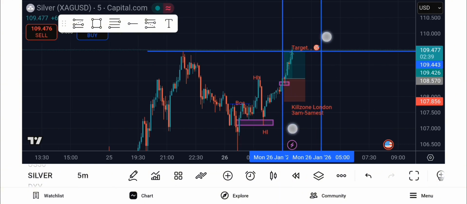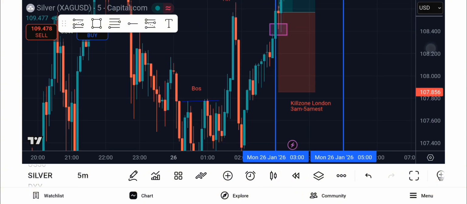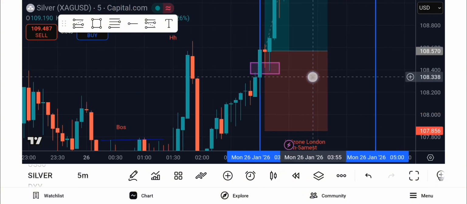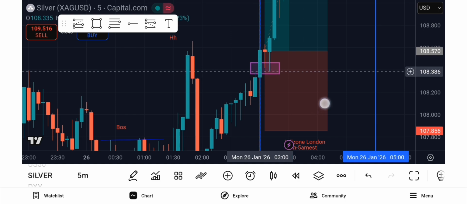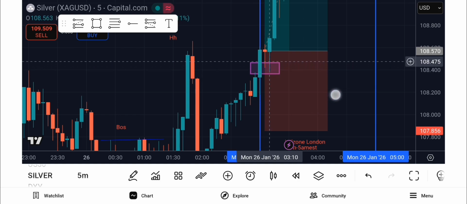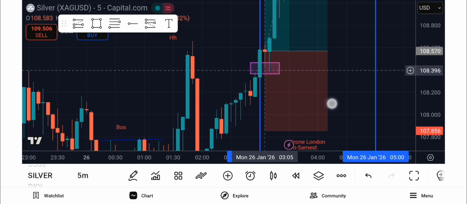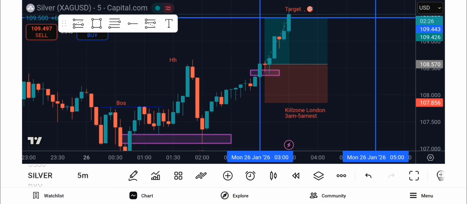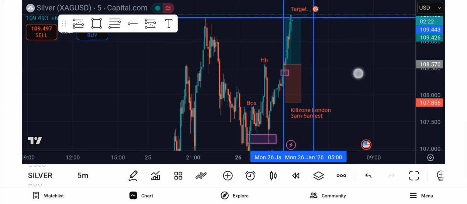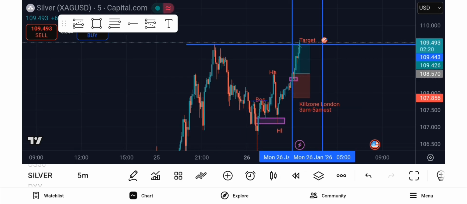Here's the fair value gap. This is the 5-minute fair value gap. 1, 2, 3. Price came down here around 3:10, and then as soon as that happened, it was over, you know. So just to go over what I did, it was basically